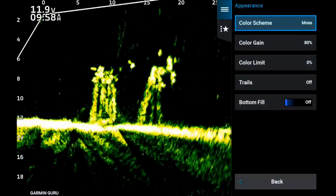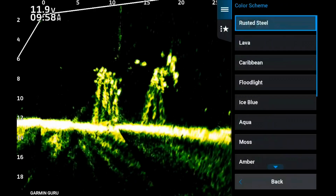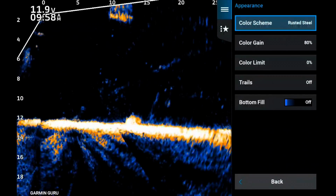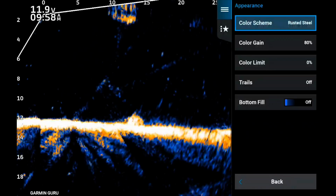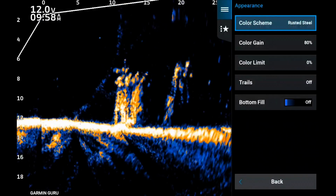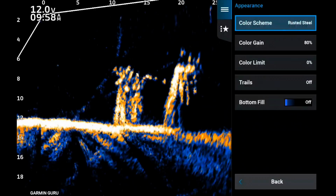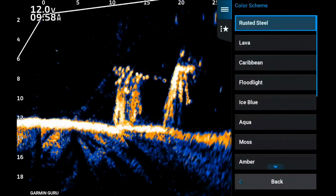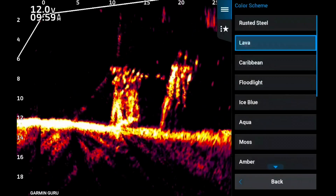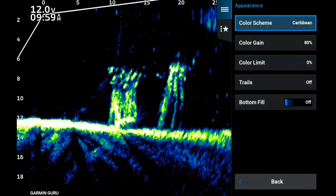Let's go. Now we're revisiting this as we kind of transition some to the 34. The 32 is still an amazing piece of machinery, and I'm gonna tell you what, a lot of crappie guys do prefer the 32 over the 34. And I'm gonna tell you, even a lot of crappie guides prefer it. But we're gonna go through each of them and kind of highlight each of these color schemes and show you,